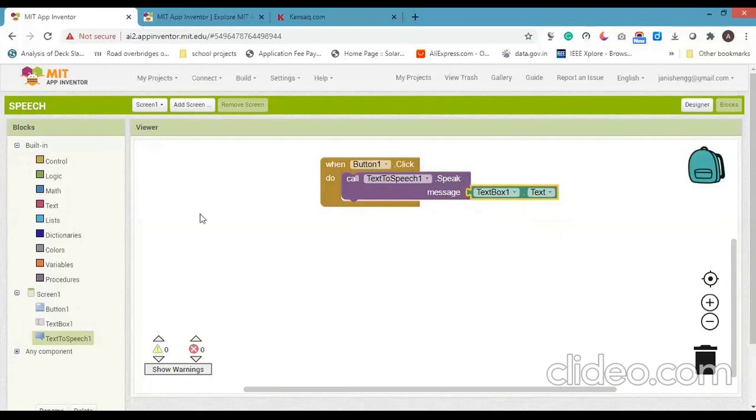After completing the programming, you have to compile the program. For that, build app QR code.